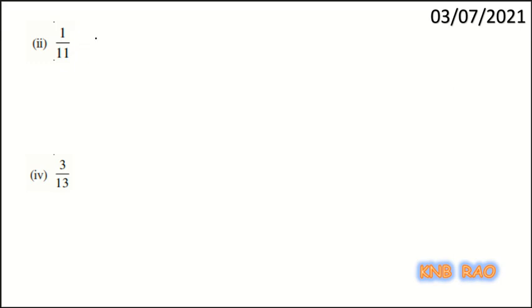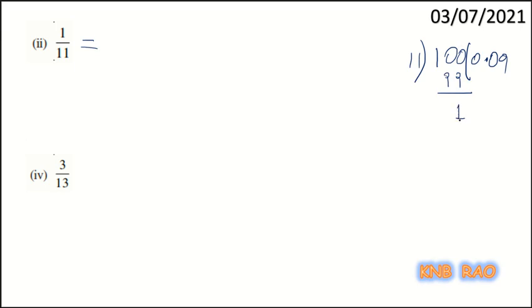When I take the decimal point, 10 is still less than 11. So, I have to take one more 0 after the decimal point and make this 10 as 100. Now, 11 nines are 99. So, 100 minus